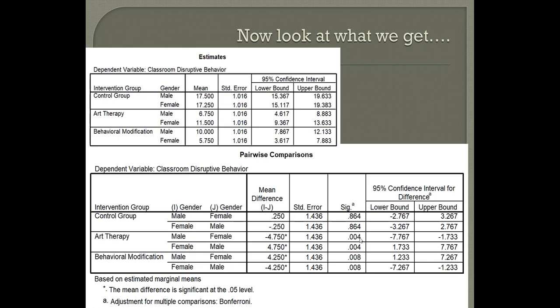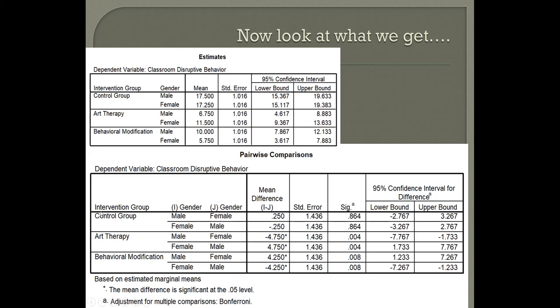So we see that males have significantly lower scores than females in the art therapy group, and for the behavior modification group, we see that males have significantly higher scores than females, and that p-value is also quite low. So that's where the differences are,